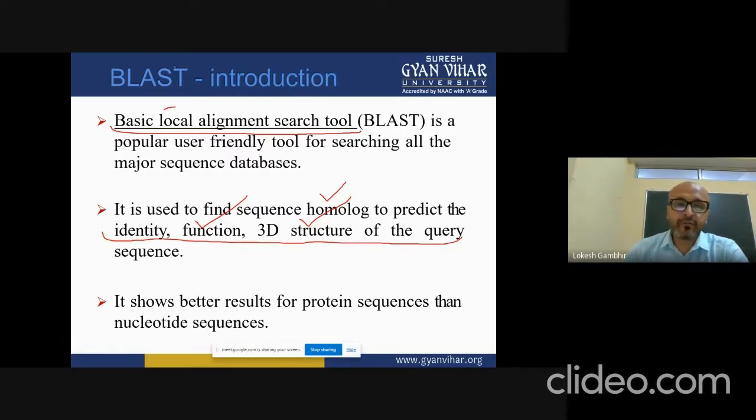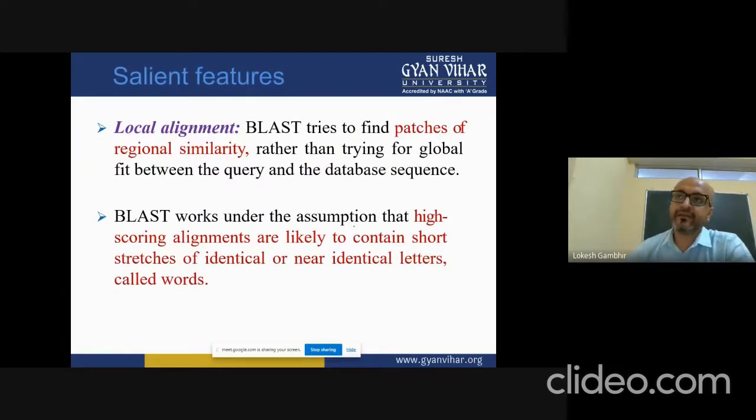If we talk about BLAST, the prediction power or accuracy is higher for protein compared to nucleotide sequences. Why? Because when we are talking about the functional part and the 3D structural part, that information is best suited by the protein BLAST scenario. And that is the reason why people talk so much about the protein profile.